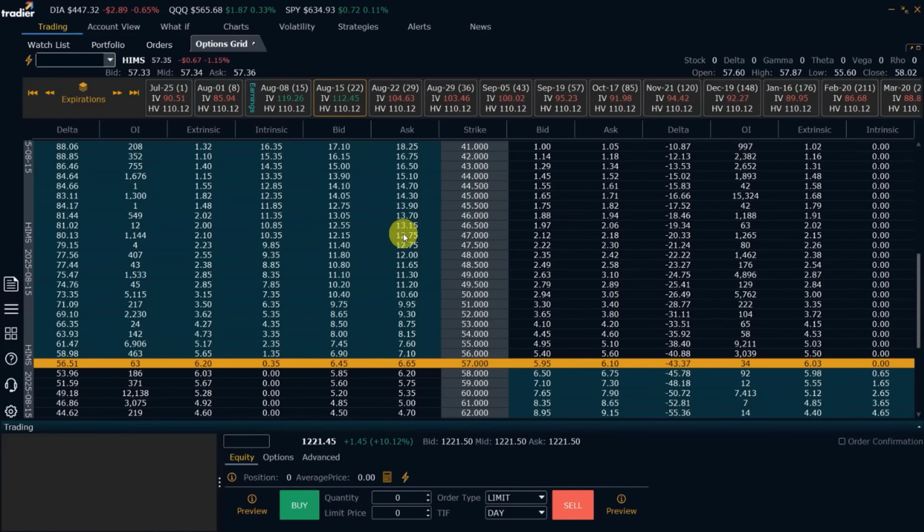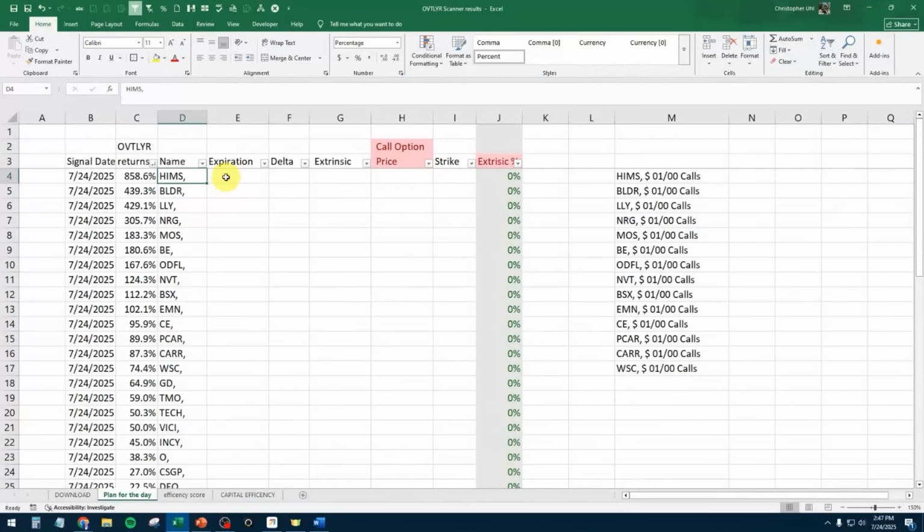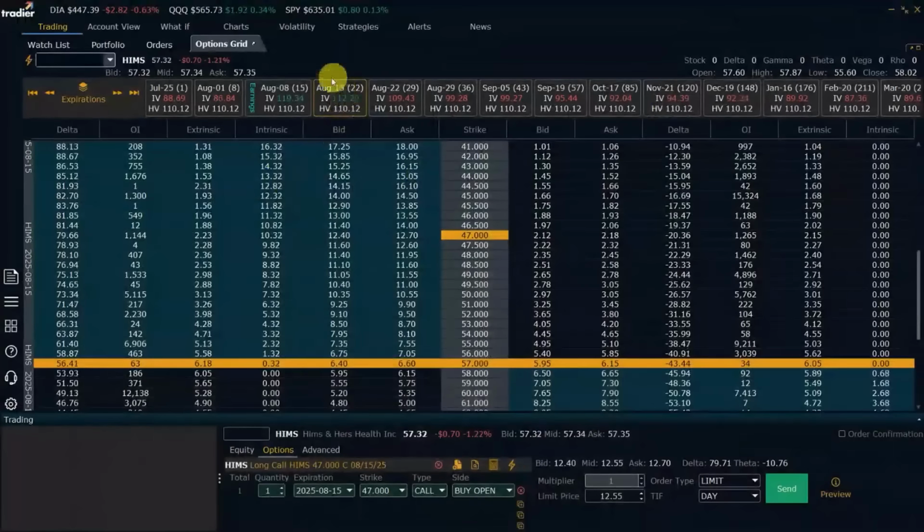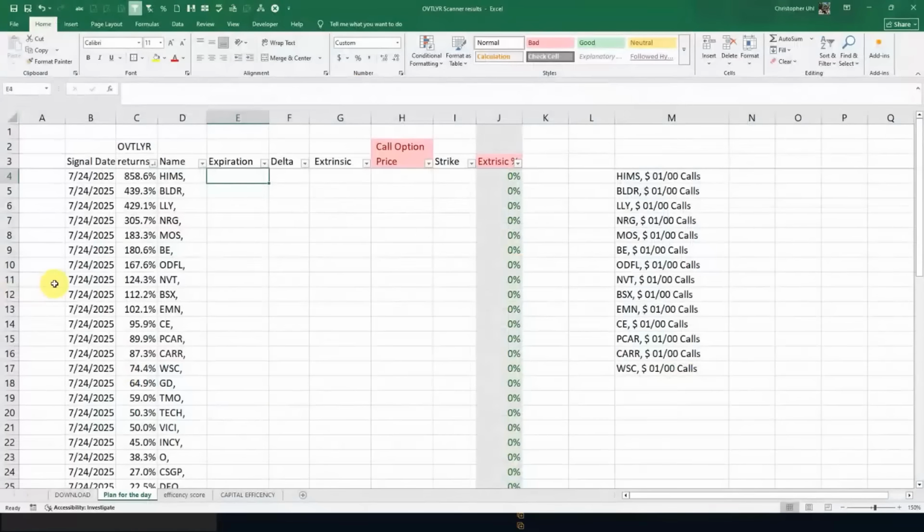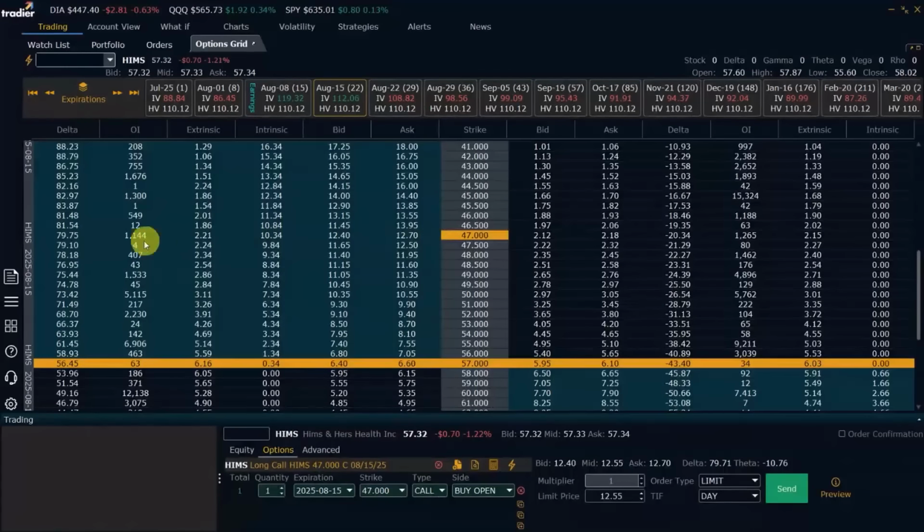As much as I would love to trade that one, it's too wide, right? It's 40, 70 cents wide. But if I go down just a couple strikes, now that one's widening out. Of course, we're getting close to the end of the day, so it's going to start moving around a lot more. But I guess we can stick with this one here, the 47 strike. So what I would do, I come over here and I would say Hims on the August 22nd expiration, so 8/22. I'm looking at which delta? 79 delta.